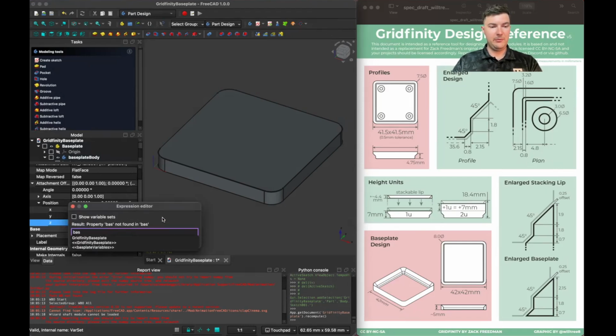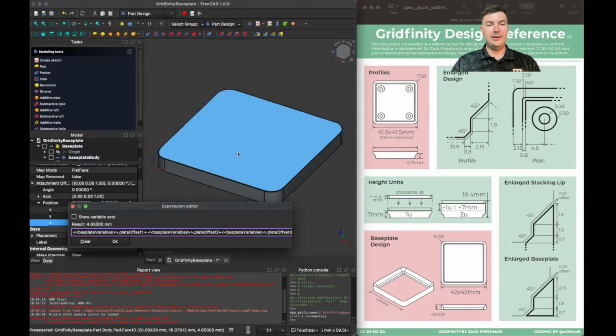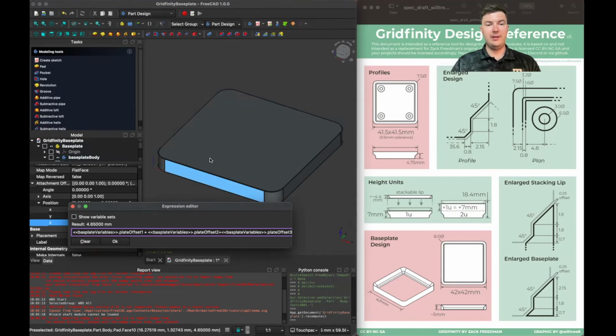So I'm going to use baseplate variables to do that. So I'm going to say plate offset 1 plus plate offset 2 plus, referencing variables, plate offset 3. Now that is going to be the same as our height variable here, the length of this